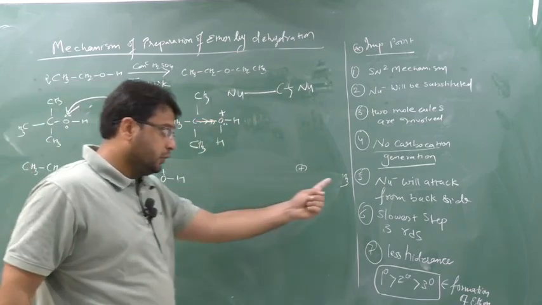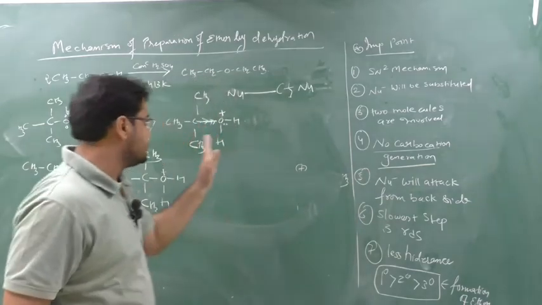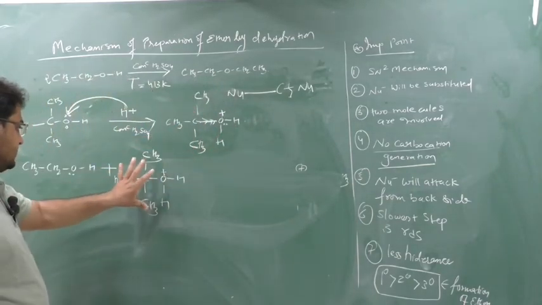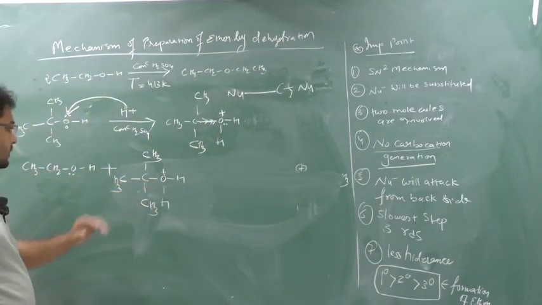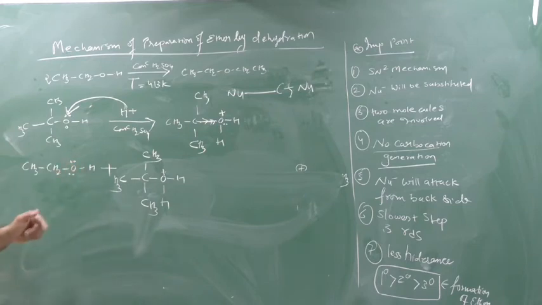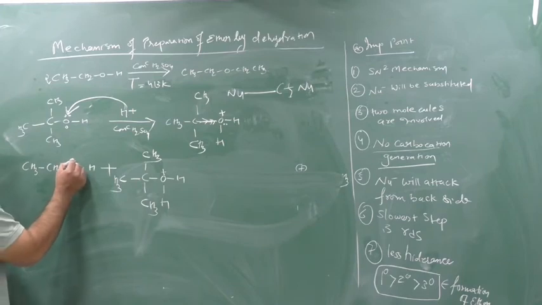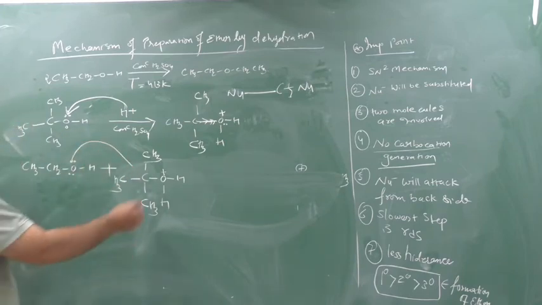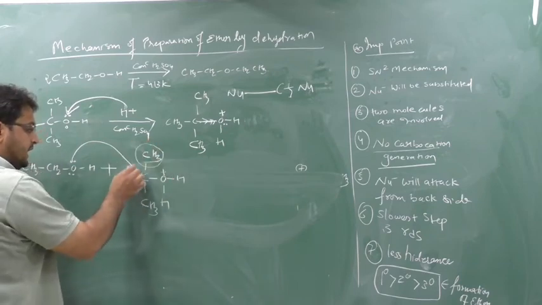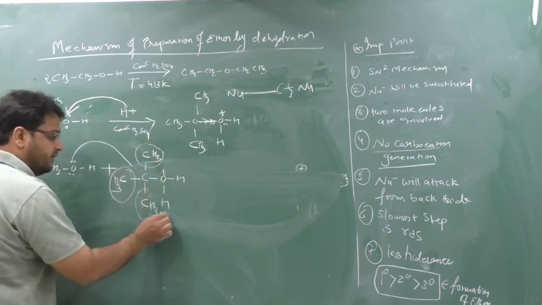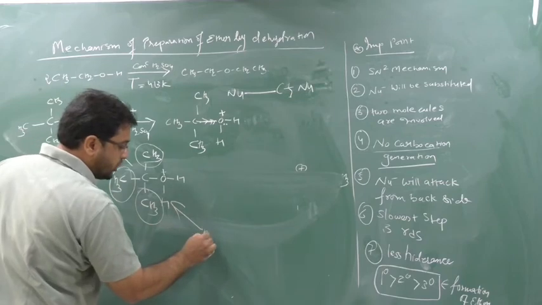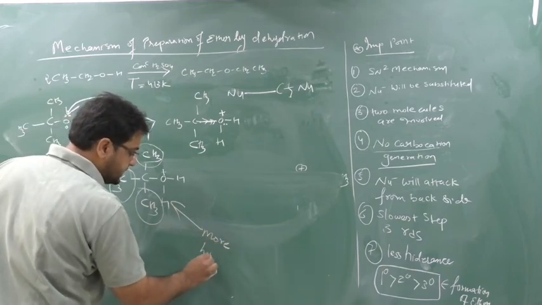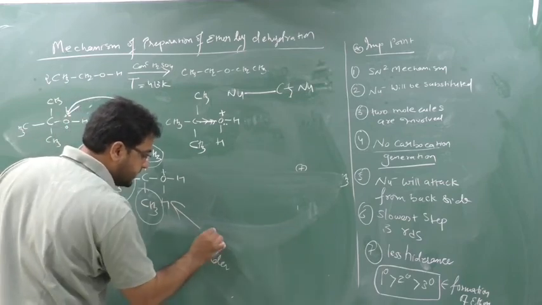But I tell you that when no carbocation is generated, this molecule remains as it is. Another molecule of its own comes here and attacks. Now this molecule is attacked by this molecule. Now this oxygen wants to attack this carbon. Tell me, is it possible? No. Why? Because it has an electron cloud. This means it is more hindered. High hindrance is there. Yes or no?